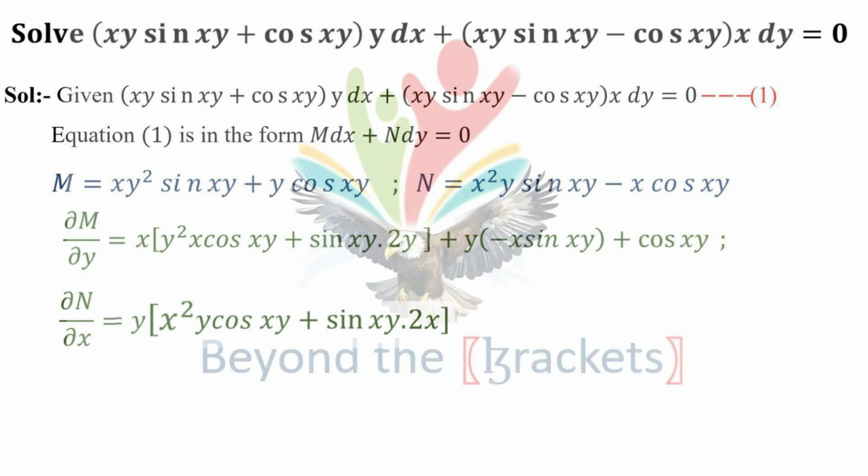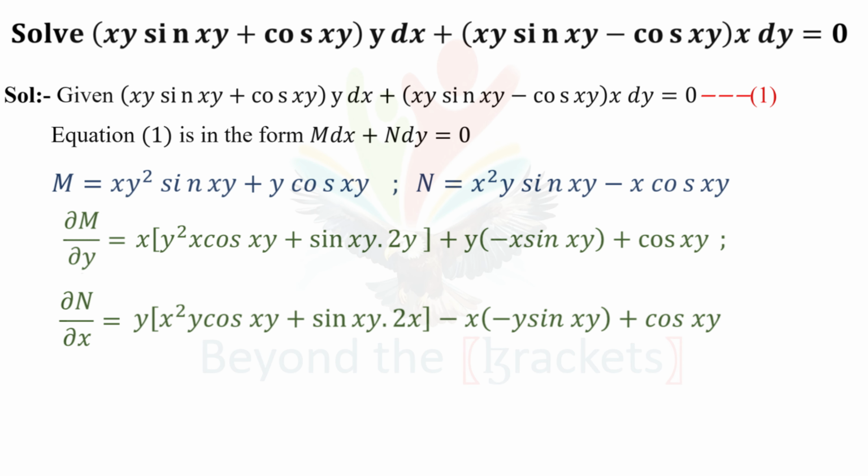For the last term x cos xy, again both the terms are having x. Again the uv rule will be applied. First term x will be written as it is, differentiation of cos xy will be minus y sin xy, plus cos xy will be written as it is, differentiation of x will be 1. Both the values are almost similar except for the second terms which have opposite signs. So this makes the equation non-exact.